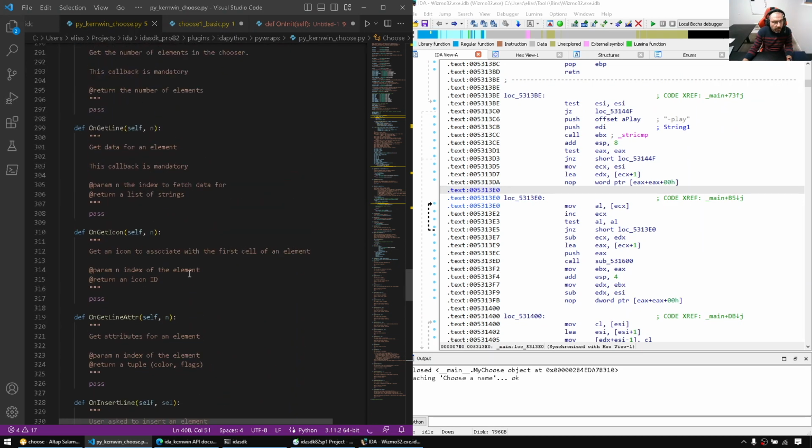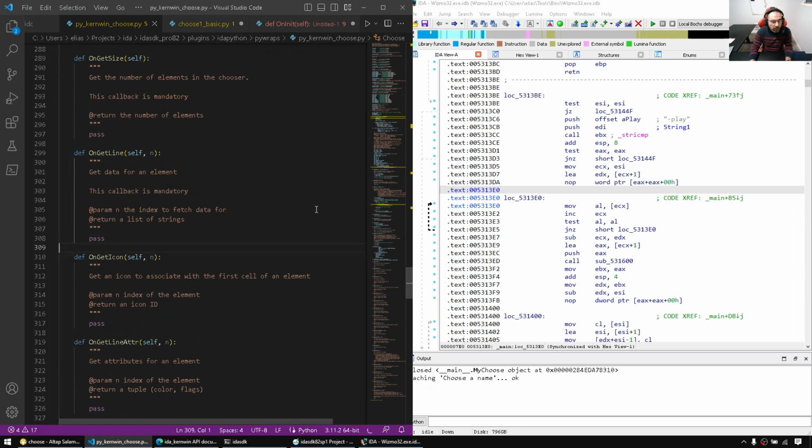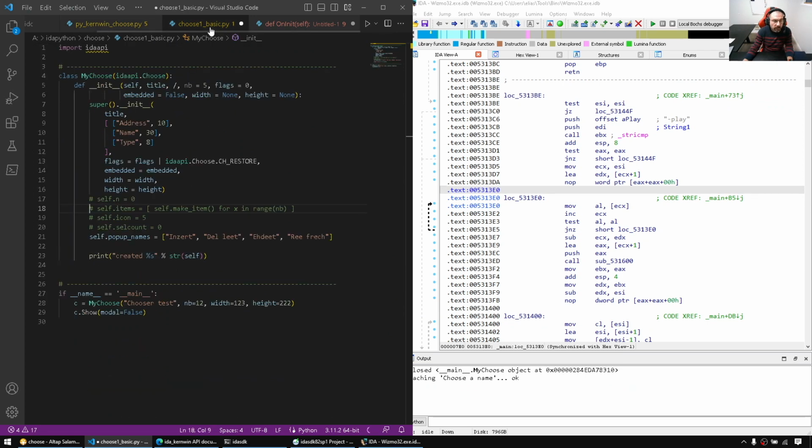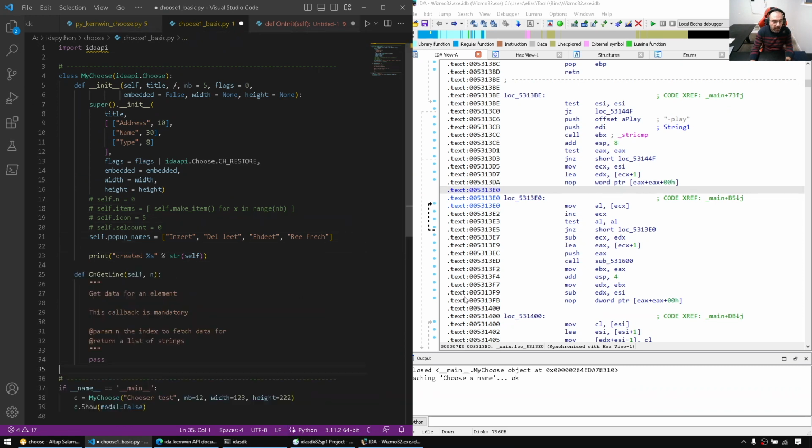So here, if I get the mandatory callback on getLine and put it here, that's the first mandatory callback. GetLine: IDA would call us, give us a line number, a 0-based line number n, and our goal is to return a list of strings. Why does it say list? Because if we have n columns and somebody asks us for a row,